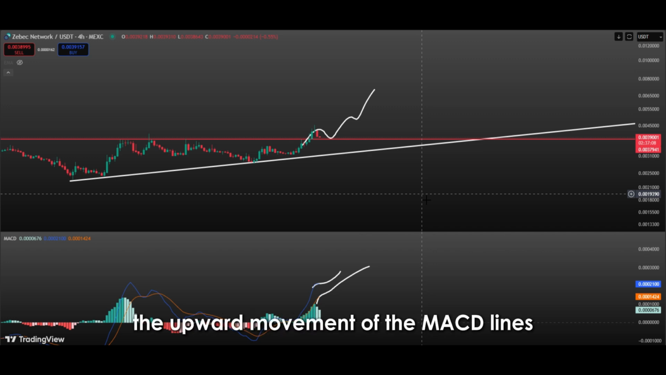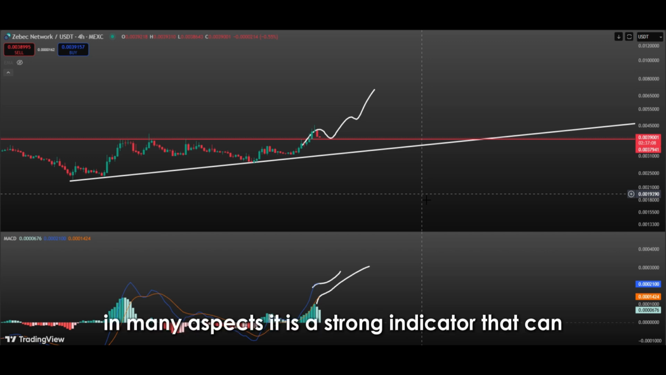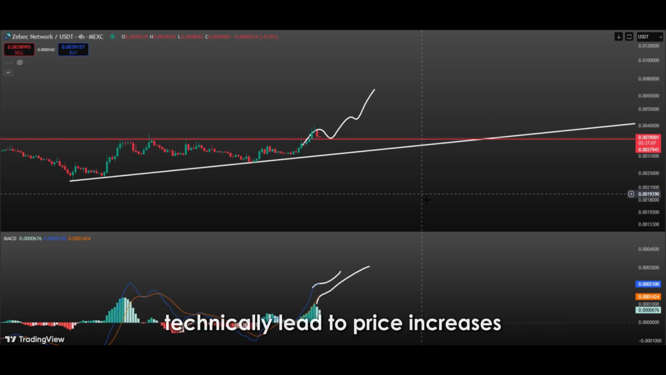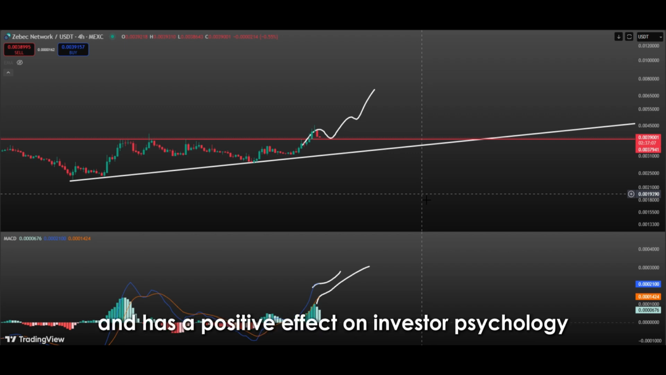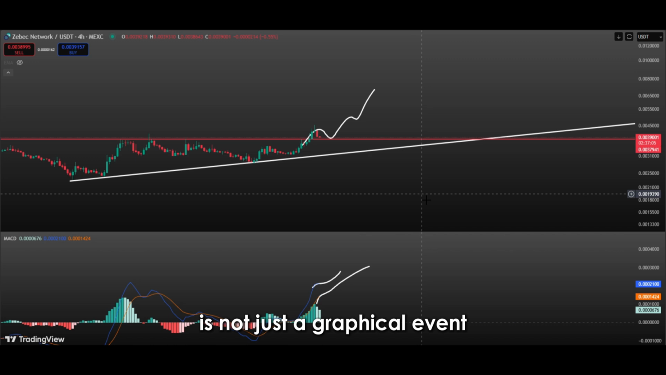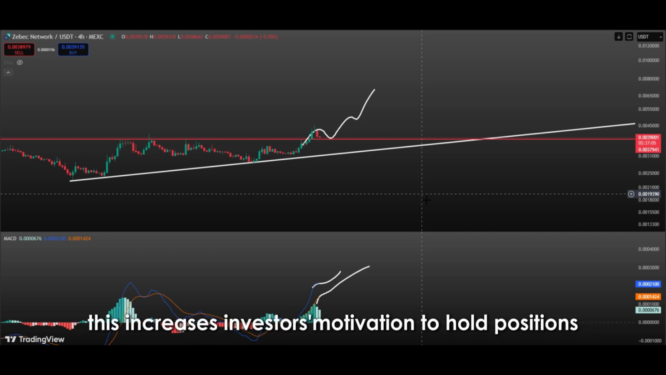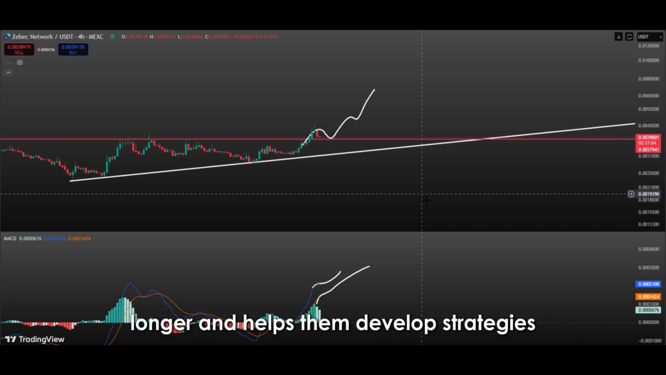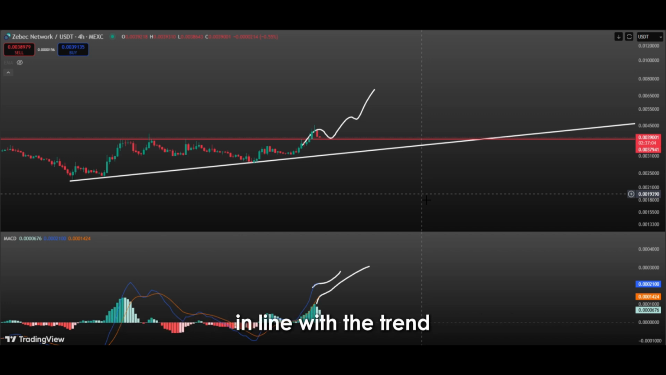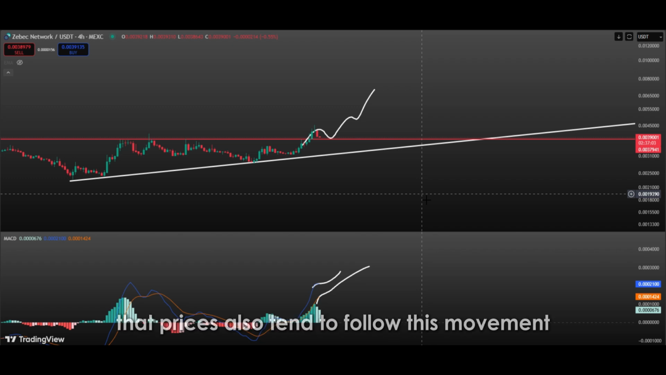Considering all this, the upward movement of the MACD lines is a very positive signal in many aspects. It is a strong indicator that can technically lead to price increases and has a positive effect on investor psychology. In other words, the upward movement of the lines is not just a graphical event, but also a hopeful development for the market's future. This increases investors' motivation to hold positions longer and helps them develop strategies in line with the trend. In conclusion, the upward movement of the MACD lines is a strong technical argument that prices also tend